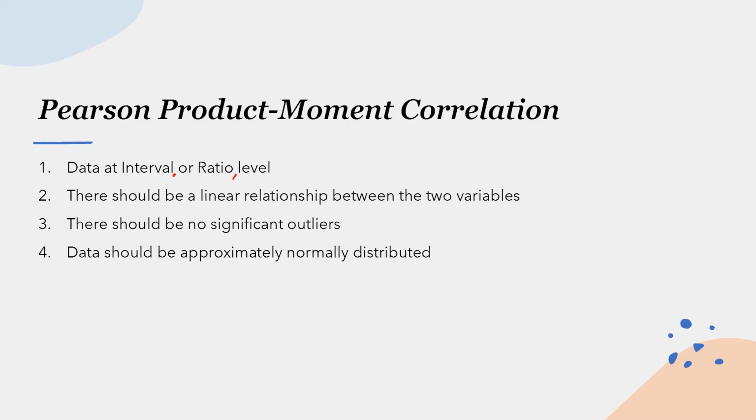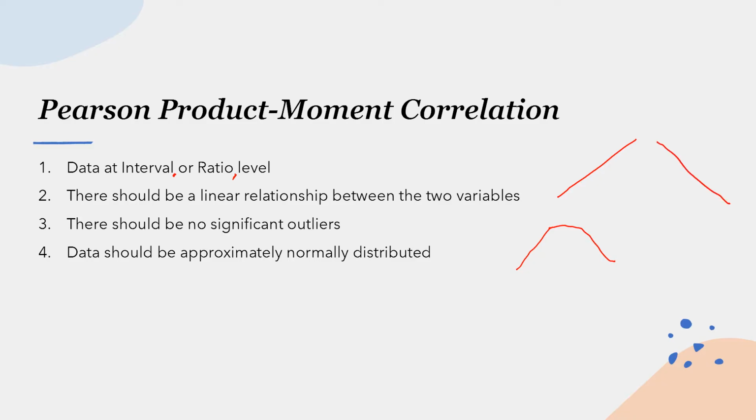So hindi pwede na habang nag-i-increase yung isa naman ay bumababa. So that would not give you a linear relationship. So dapat as one increases, the other also increases, or if one variable decreases, then the other should also be